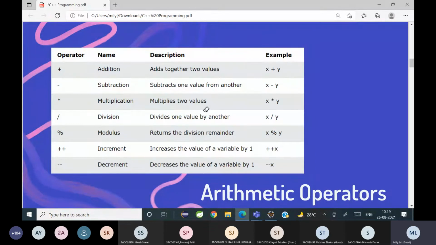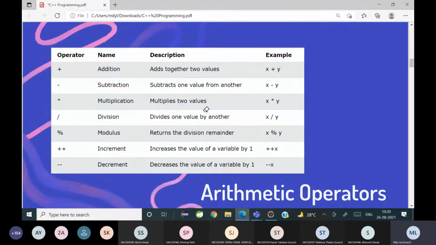Why am I talking about unary and binary operators? Because further on in our lectures, when we learn operator overloading, we'll have to learn this in detail. So you should know the difference between a unary operator and a binary operator. An operator is called unary when you have only one operand, and binary when you have two operands. What are operands? Variables, like x plus y. There is x and y, so two operands, therefore binary. So these are the examples of arithmetic operators.